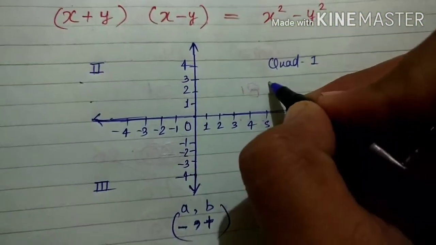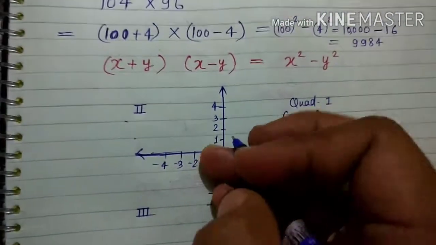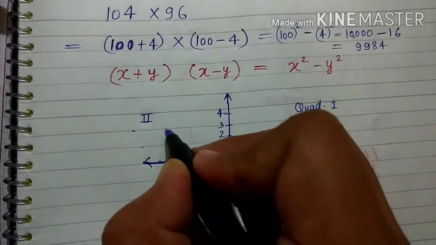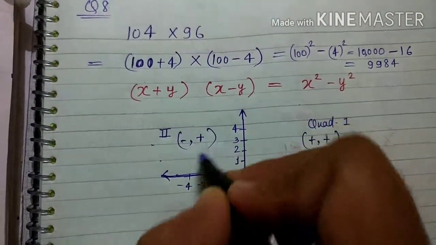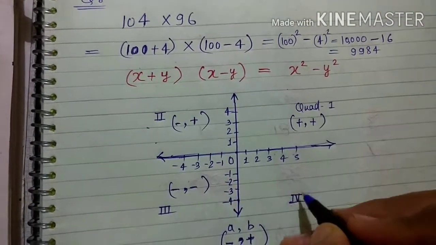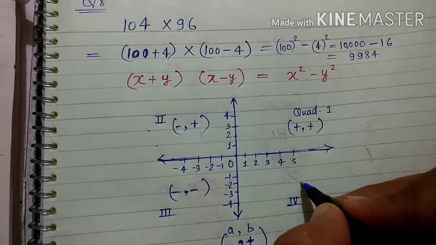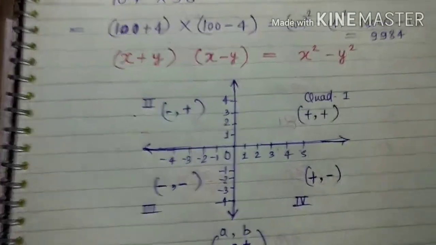Now just check the quadrants here. Quadrant 1: all will come plus plus here. You know very well, I have explained this already in the class. In this one, first minus x is there, then plus, so minus plus will come here. Here what will come? Both are minus only. Minus minus will come in this quadrant. And the fourth quadrant, what is the sign? Plus comma minus. So these are the quadrant symbols.